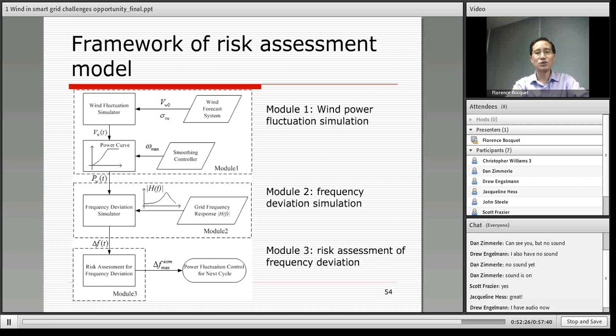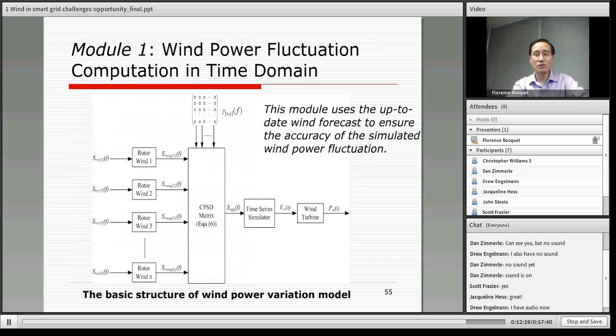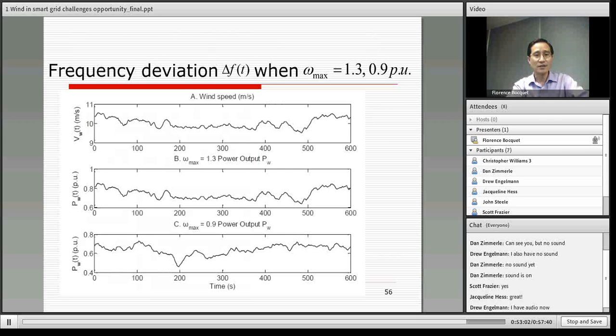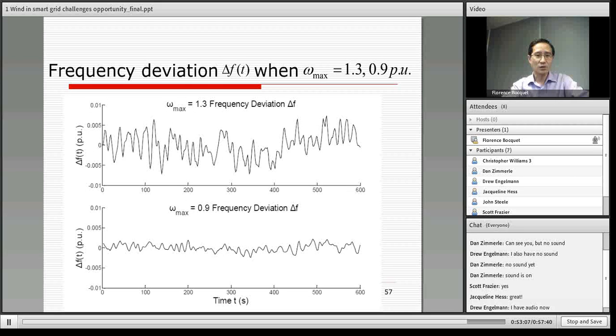The optimal way is that we need to look at the frequency deviation caused by the fluctuation. So we developed a framework to estimate the frequency deviation risk. The power company always sets a limit for the frequency deviation, for example, 0.5% usually, 0.5% deviation from the 60 hertz. So we need to estimate so that we don't violate that deviation limit for the power company. We can estimate the frequency deviation under different omega max